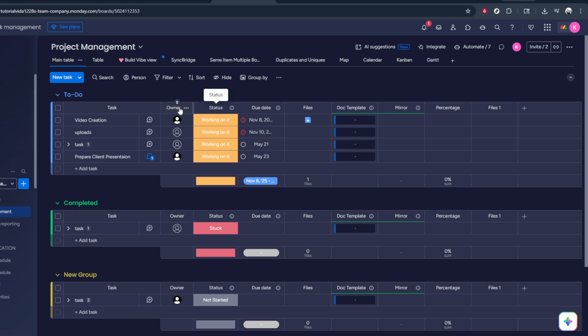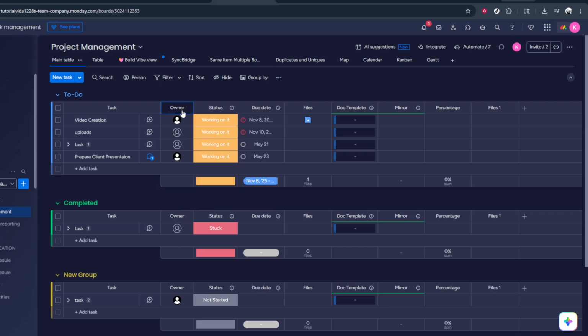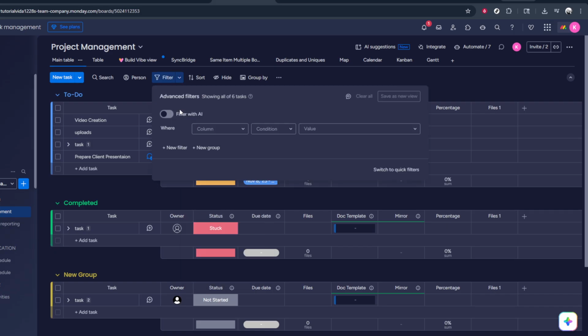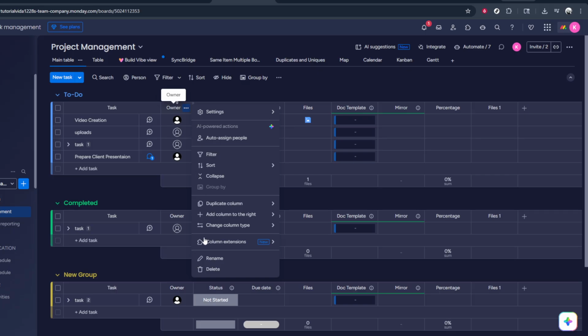One way to rename it is to right-click directly on the column title. When you right-click on the header, a small context menu will appear. This menu contains several options for managing the column. Take a second to look over the menu so you get familiar with what's available, but for now, we're interested in the rename option. If you're on a device where right-clicking isn't convenient, or you simply prefer another method, there's